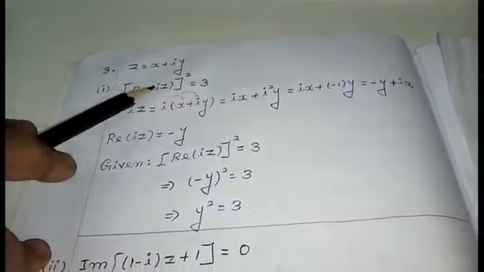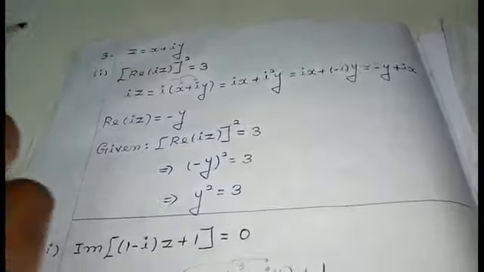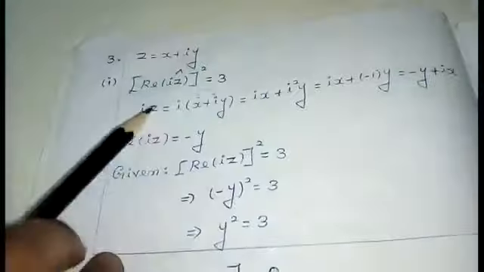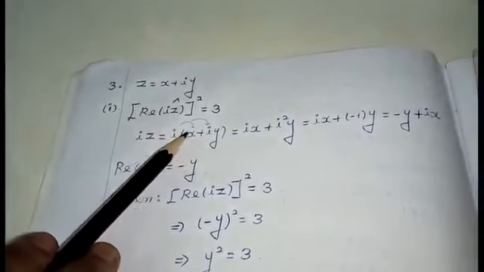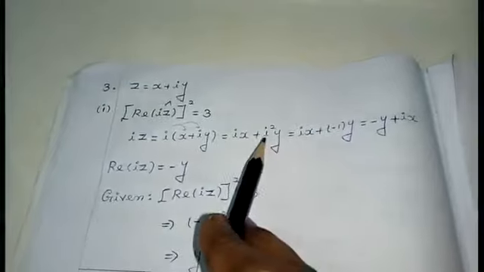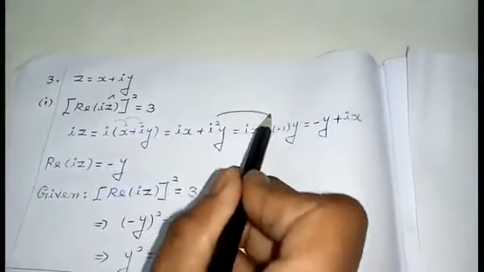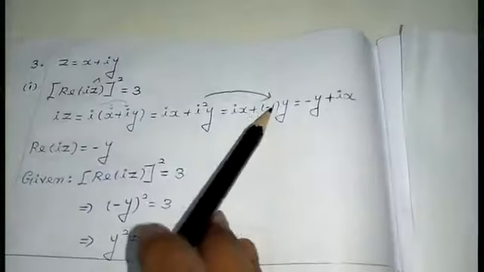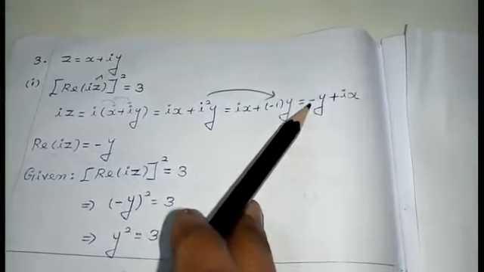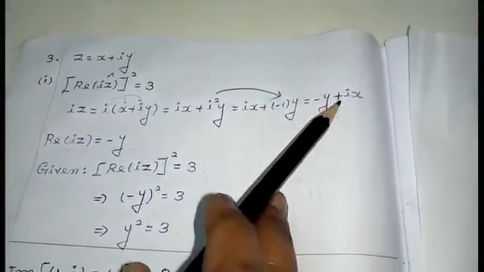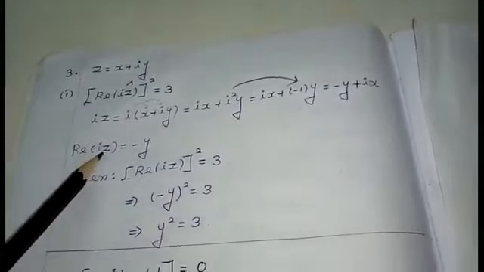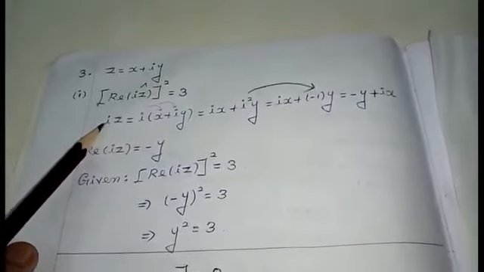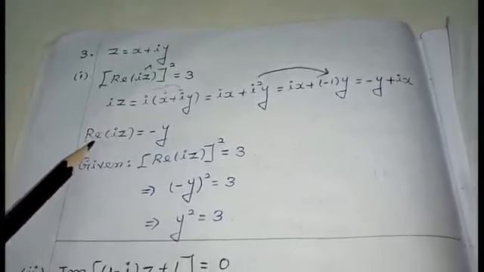Real part of iz. First I am going to take the value iz. In place of z, as it is x plus iy, I am going to replace, simplify the term. The value for i square is minus 1. Replace, I will be getting the final value for iz as minus y plus ix. Next, take a real part of iz. First I am taking iz, calculating the term, then a real part of iz.